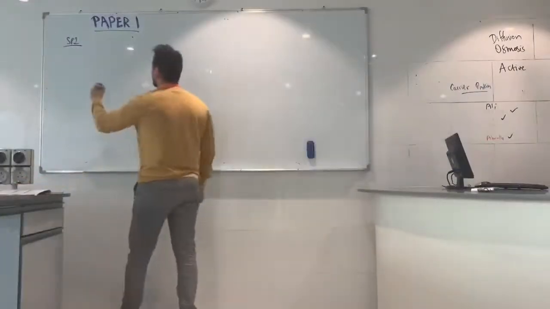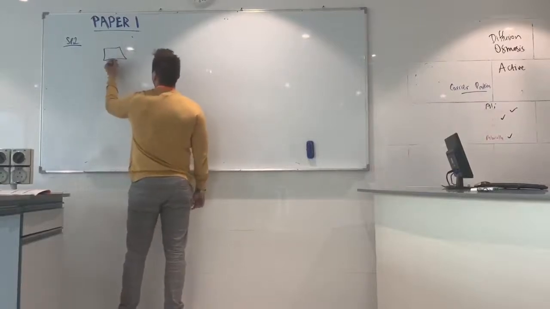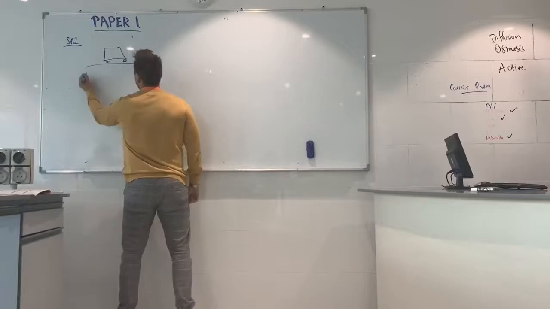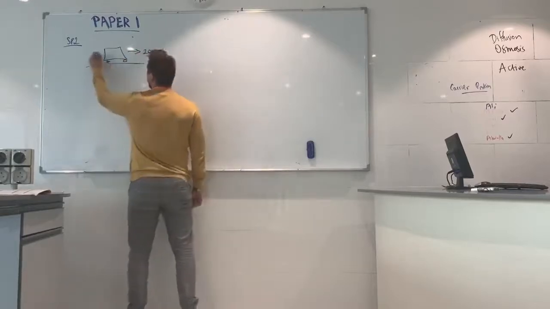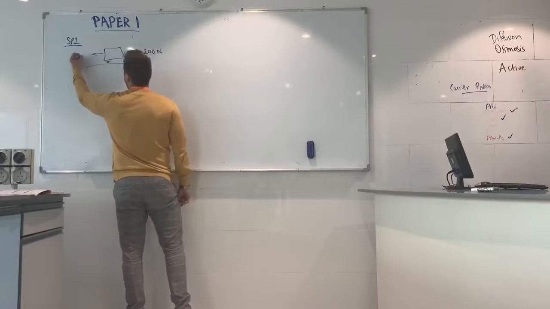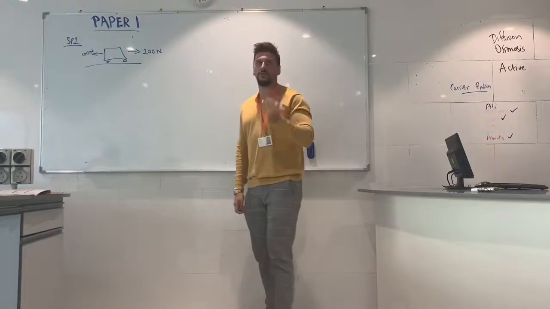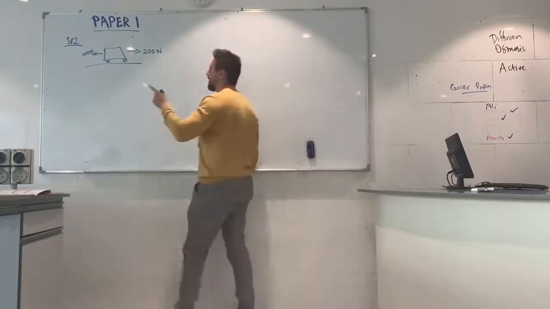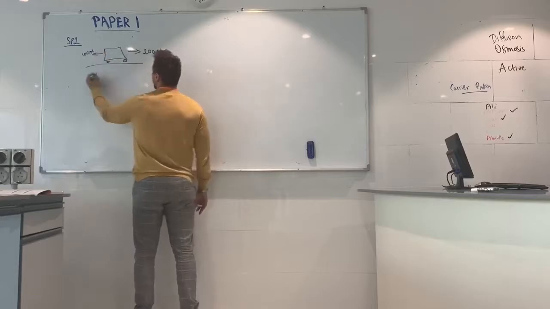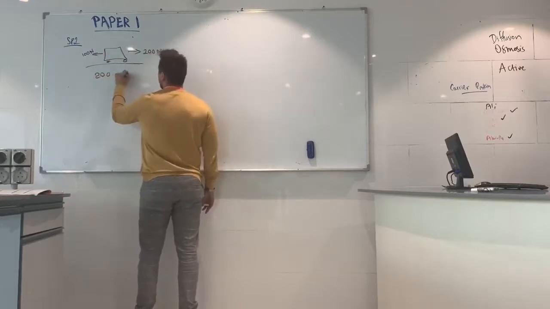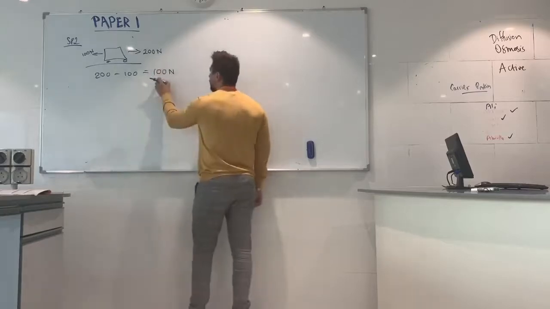The first thing in SP2 is resultant forces. So, if you have an object, and let's say it's a car on a road, we'll do it horizontally. The car might have a forward force from the engine of 200 newtons. It may then have some drag or air resistance of 100 newtons backwards. If you want to find the resultant, you have to subtract forces in the same plane. So horizontally, the resultant would be the biggest, 200, subtract the smaller, gives you a resultant force of 100 newtons